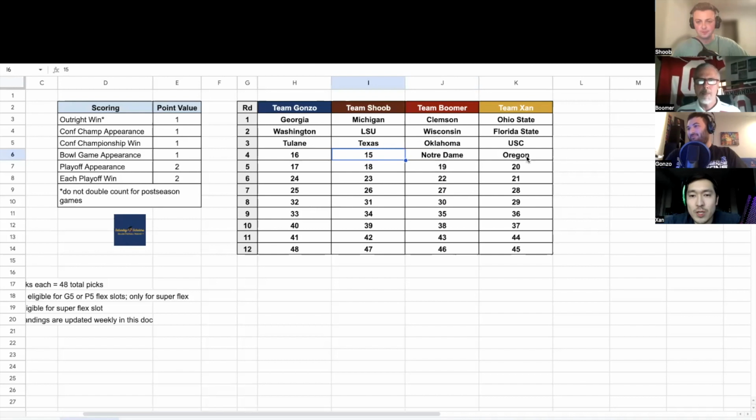Notre Dame, well coached. They had a really strong finish last year. They started kind of rough, but they finished hot. They only lost one of their last six or something like that. I think so. They started really poor, but they finished really hot. Yeah, I think they started off with Ohio State. So this year they got a little bit easier.